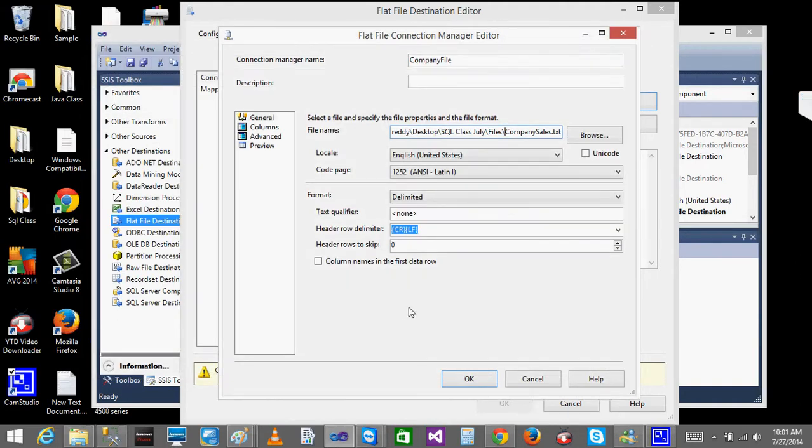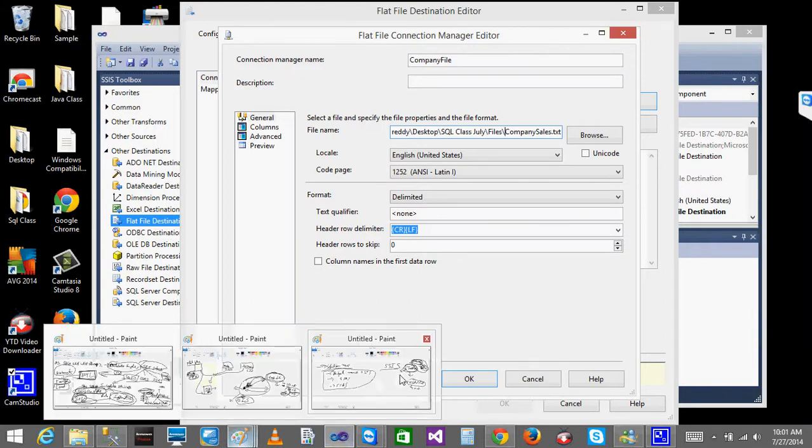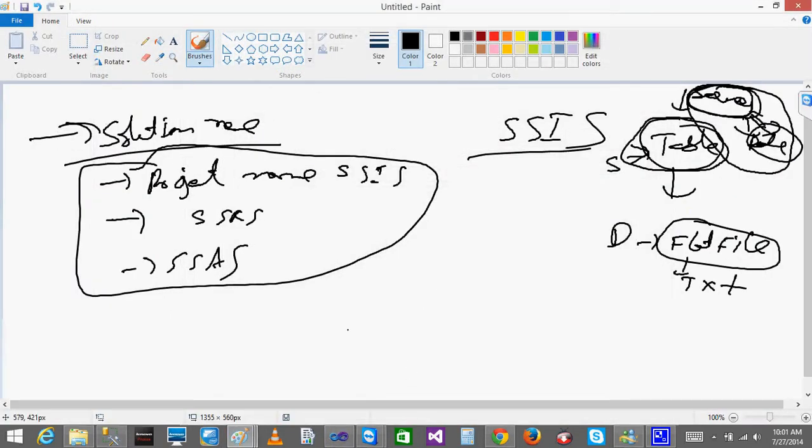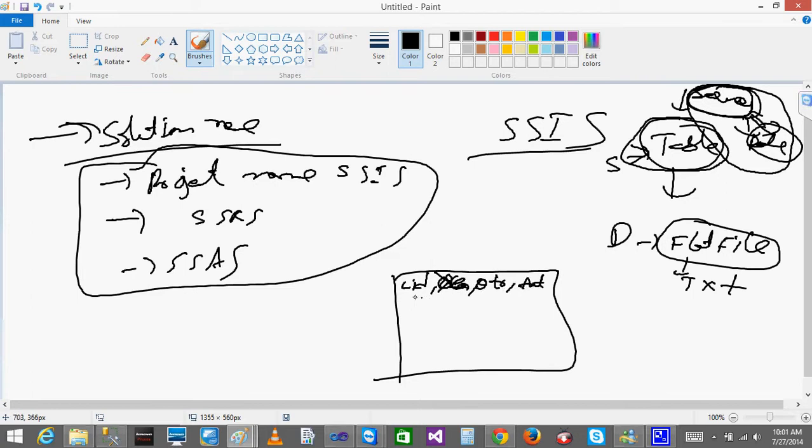Now you see, this is the most important thing you need to remember. What is the column names in the first data row? Under the file, how the data is going to be stored is that when I open the text file, you'll have the column names. Let's say I got the column names as CID, year, quarter, and amount. You will be getting those column names in the first row. From the next row onwards, you will be getting CID 1, year as 2010, quarter as 1, amount as some 20, like this. In the text file, the data will be stored this way.